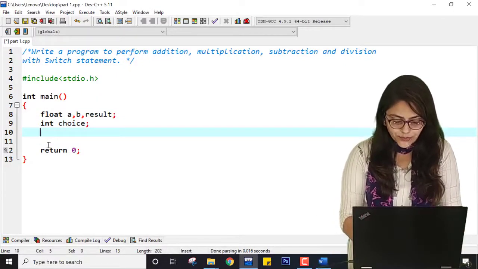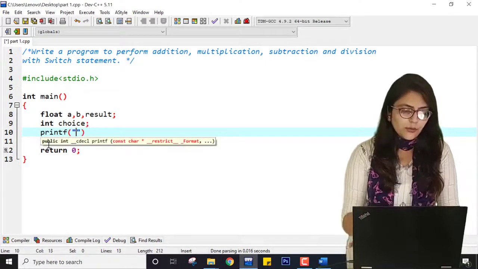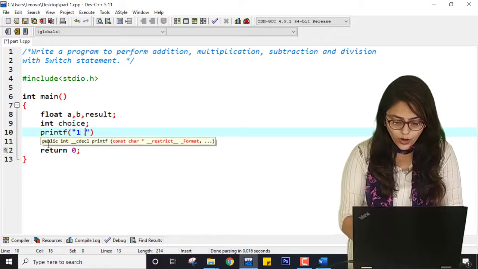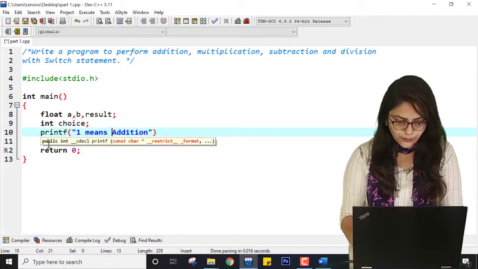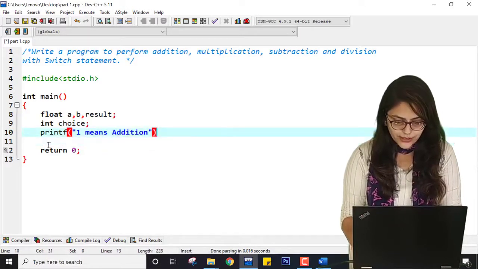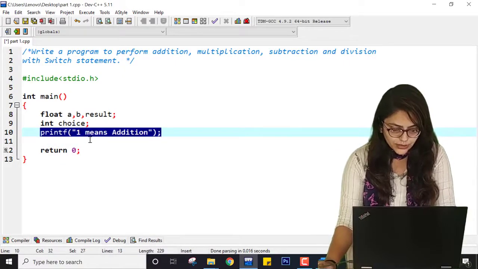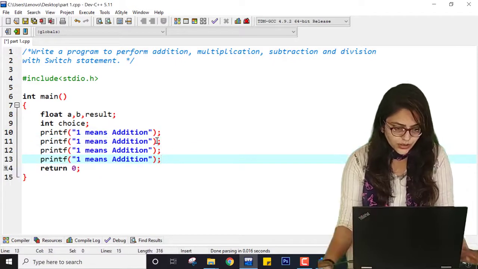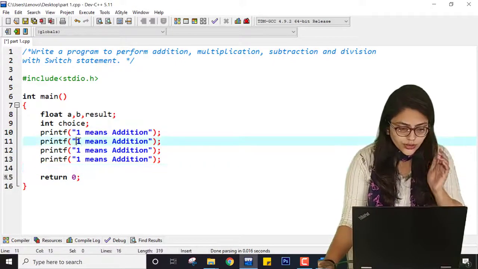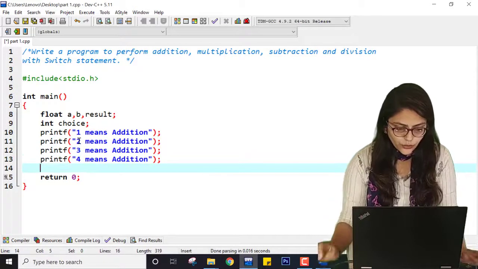Then I am printing, and first of all I have to tell the user that 1 means addition. Let me write it in some proper manner. So 1 means addition, and let me just copy this and paste it over here so that it will look good. Here 2, 3 and 4, right?